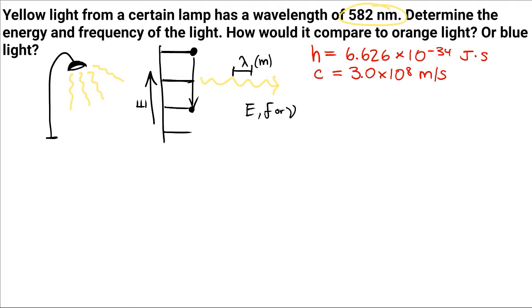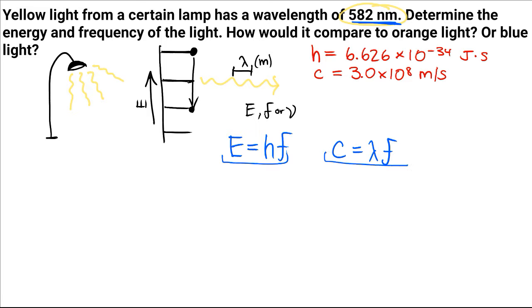So I'm going to remind myself of the two equations that would help me out. E equals hf, or h nu, depending on the book or the class. And I also know that c equals lambda, the wavelength, times the frequency of the light. I'm given the wavelength, which means that I will not be using the first equation first. I'll be using this equation first. So I'm actually going to rearrange this right now. I'm going to solve for frequency, which turns into frequency equals